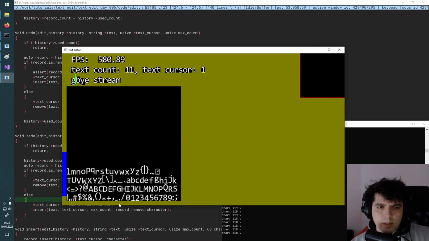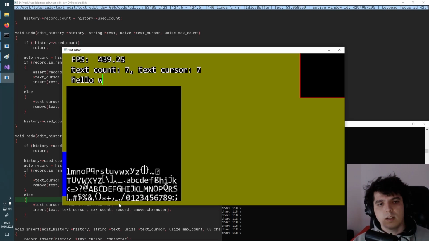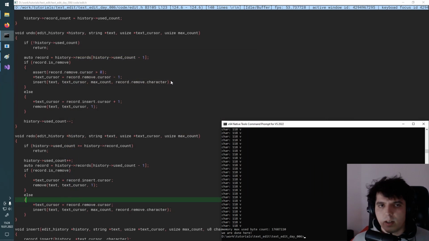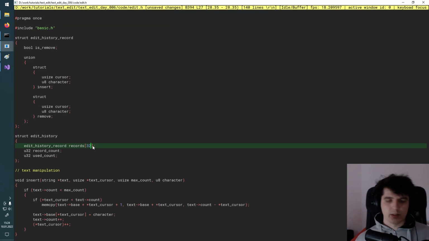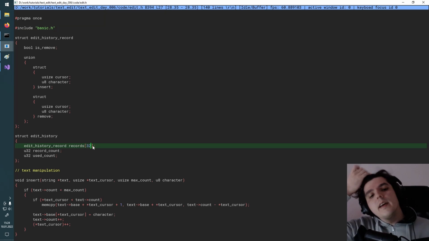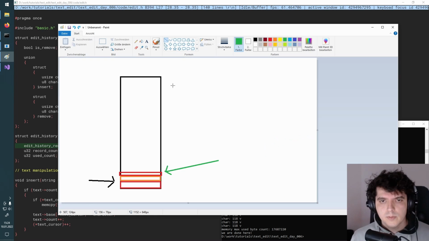So we could try to do that, but I'd rather try to fix the limitations that we have with the undo, because right now we can only ever insert 1000 characters before our editor basically crashes. So yeah, let's see. In order to do that, I will first reduce this number so that we can do quicker iterations testing. And the idea here would be that if our buffer is ever full, so